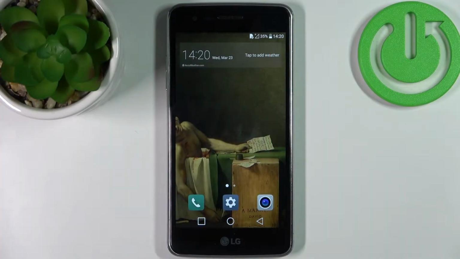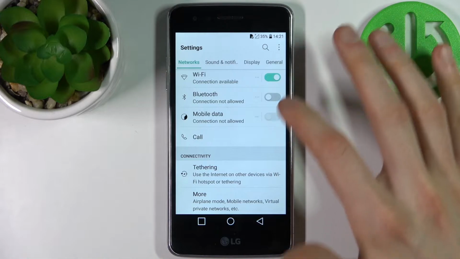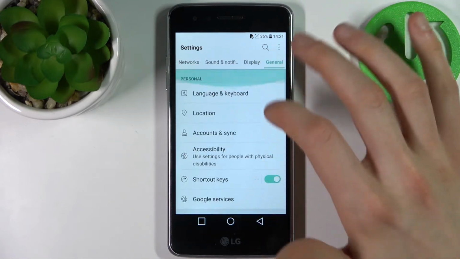Here I have LG K8 2017, and today I'm going to show you how to enable SwiftKey autocorrection feature on this device. So firstly you have to open settings, then go to the general settings, then go to the language